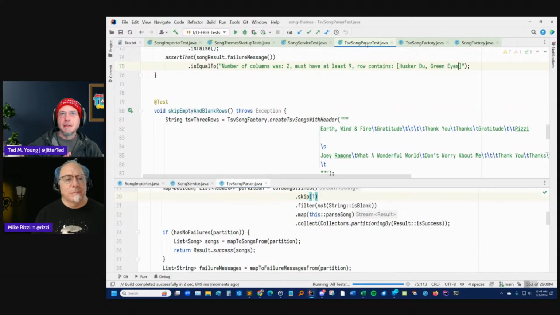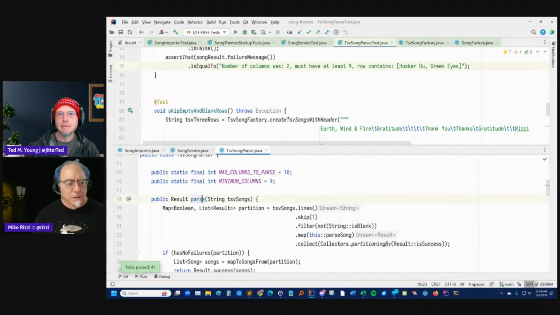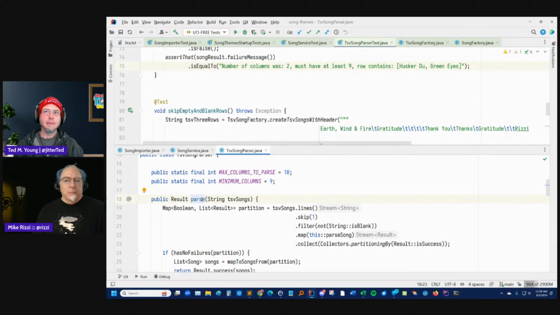So what's our next step? Ultimately, right now we're just skipping the header row. We want to start making sure that each column has the correct header row text. We're already testing for number of columns. So now we're expecting,